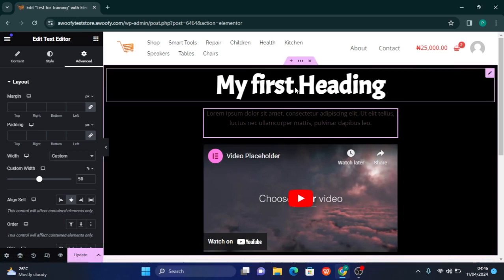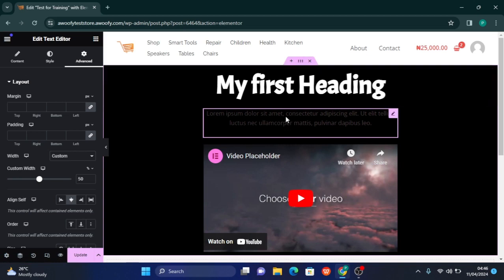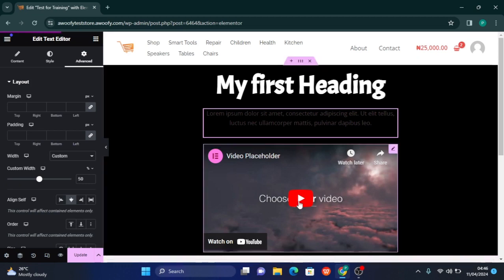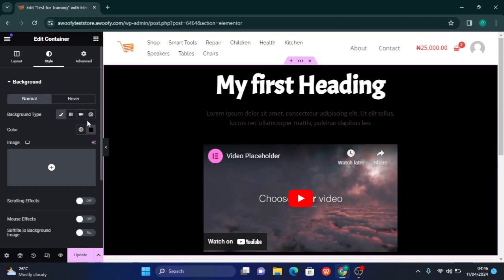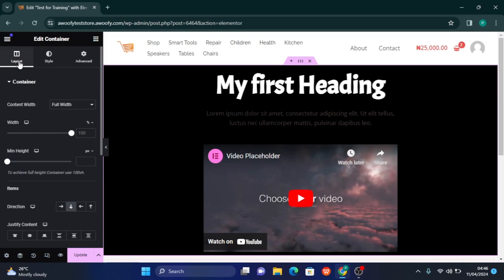We want to have space at the top of this element, from the block up here to here. We want to have space, and we also want to have space between this guy down here. So what do we do? We click on this section again. After clicking here, we go to style. No, we go to layout. We go to layout, and on the layout,